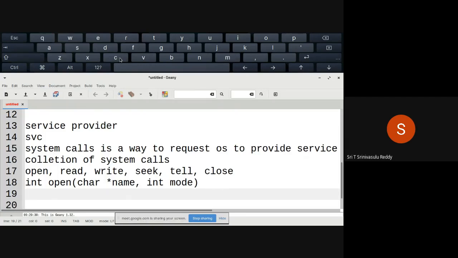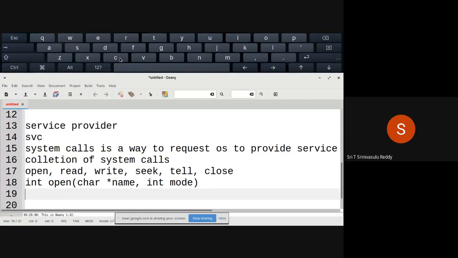And open, whenever it is successful in opening that particular file, returns an integer. And remember, for all the system calls, when you request any service, either the service might be granted or sometimes it may fail to provide the service. Whenever they provide the service, a certain return value will be there.